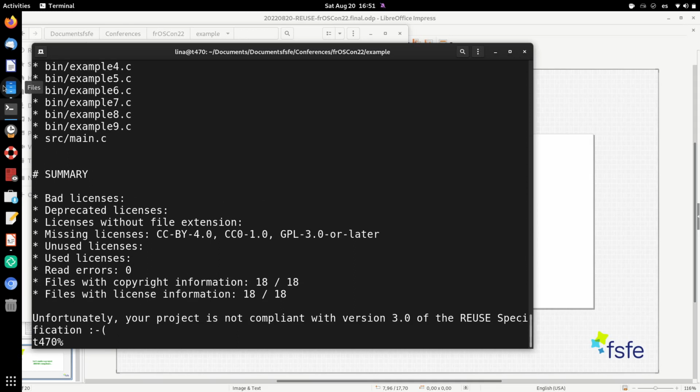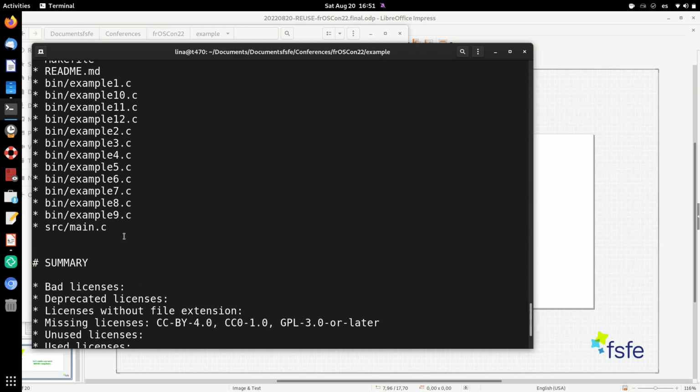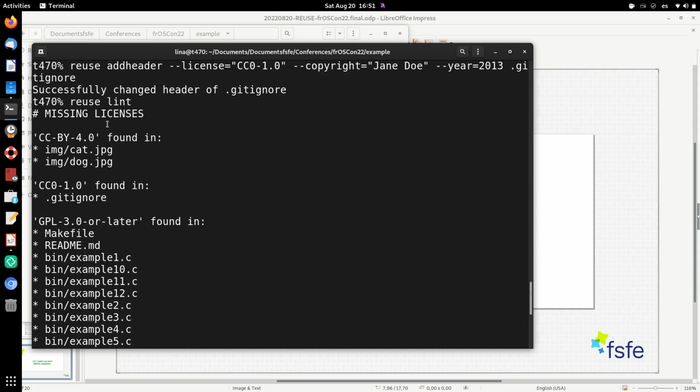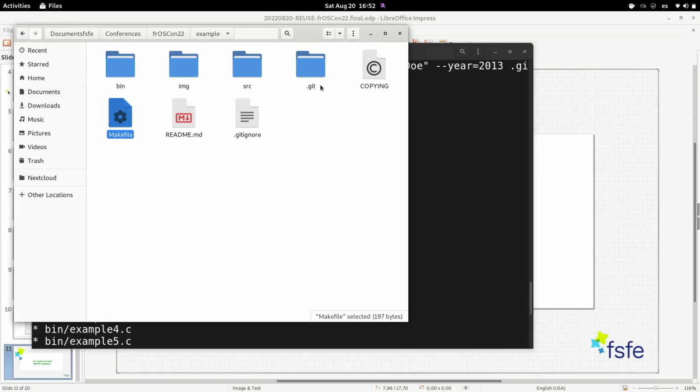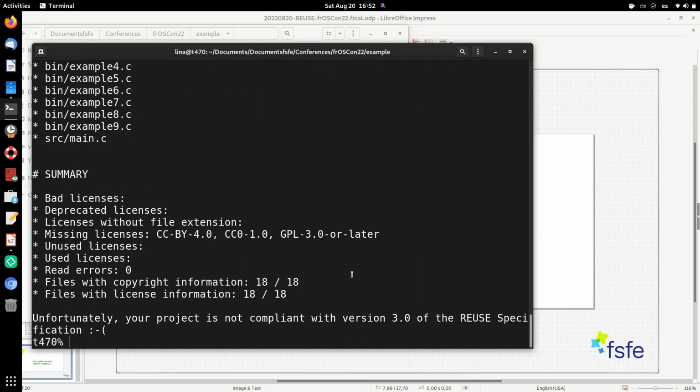So it's still telling us that it's not reuse compliant. And it's actually telling us here that there are some missing licenses. So we know that we have used these 2 licenses. And the text of the licenses are not in the repository yet, you can see. But the tool will also help you to do this. So with our command reuse download --all,